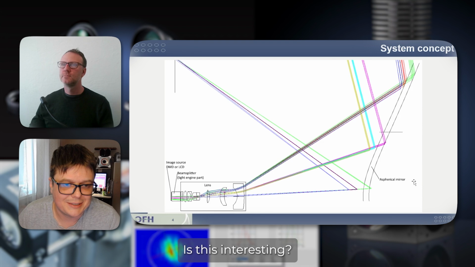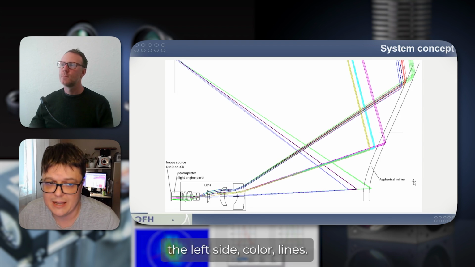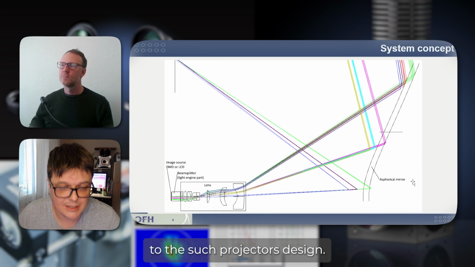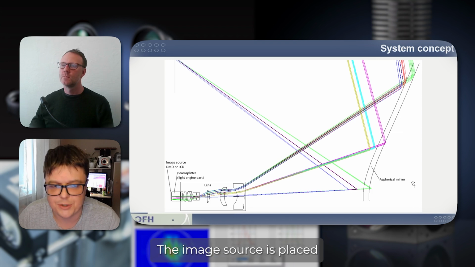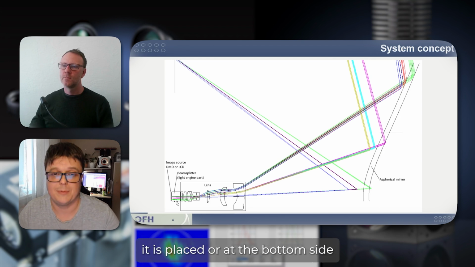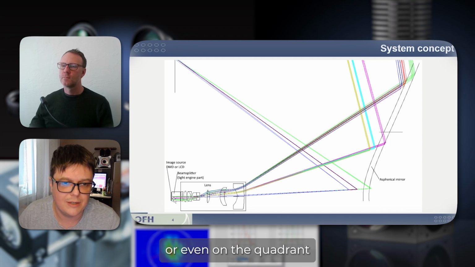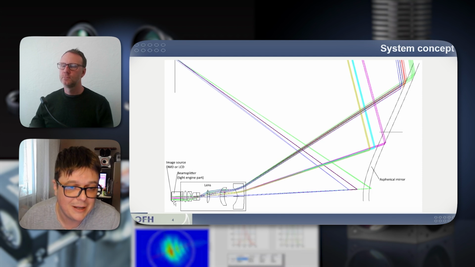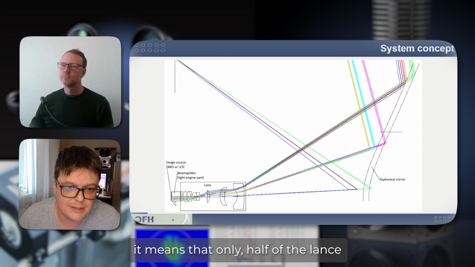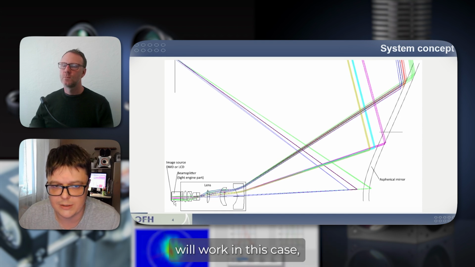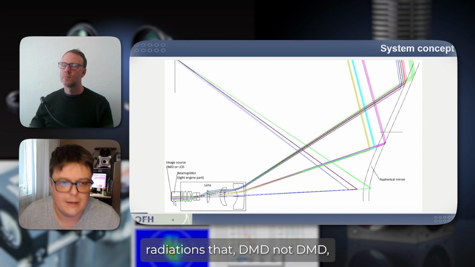It is interesting. You can see that at the left side, color lines are only in the bottom of the projector. It really corresponds to such a projector's design. The image source is placed not in the center, not on the optical axis. It is placed at the bottom side, or even on the quarter of the optical path of the system. And it means that only half of a lens, or even less, effectively works with the radiation that